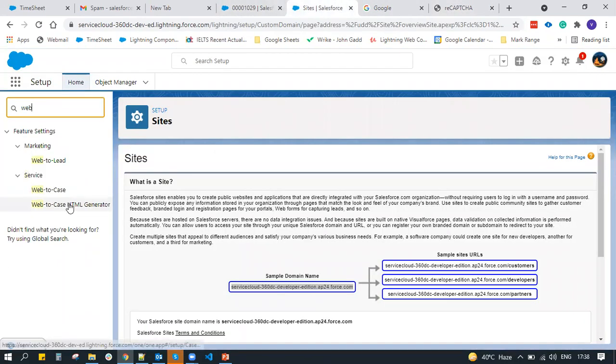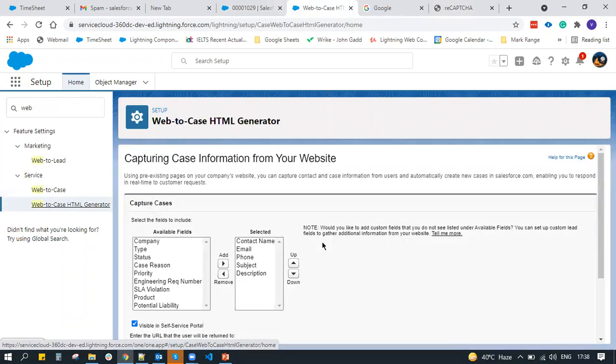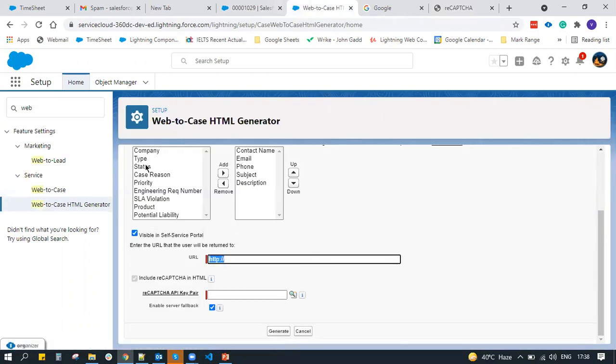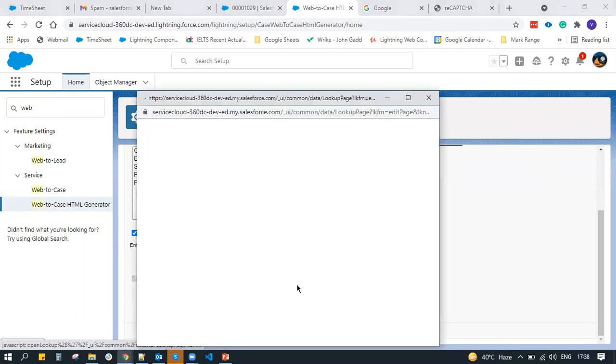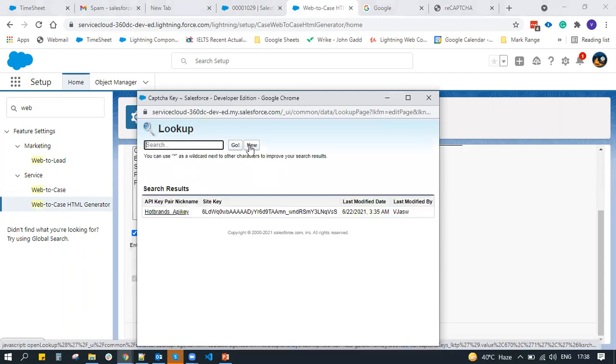Now go back to the Web2 case HTML generator. Select the fields that you want. After that, the return URL. And then in reCAPTCHA API key pair, just click on the lookup icon and click on new.